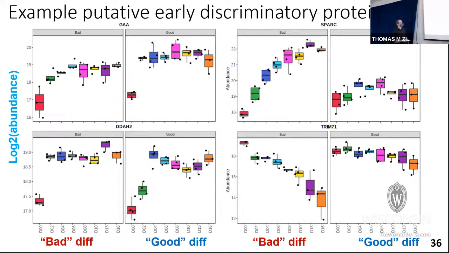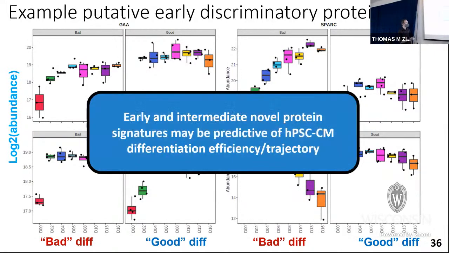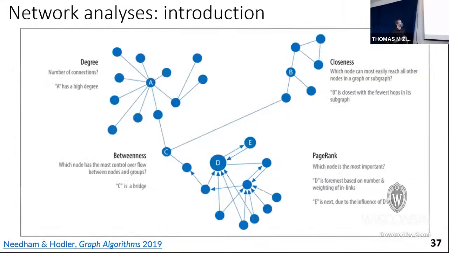I say all that just to say we are starting to see some potential trends very early in time. Normally we wouldn't know until day 13 or day 16 if we have cardiomyocytes. We are starting to see some potential trends that we can detect early in time that could be predictive of the final cardiomyocyte purity. So that's essentially what I'm saying here.